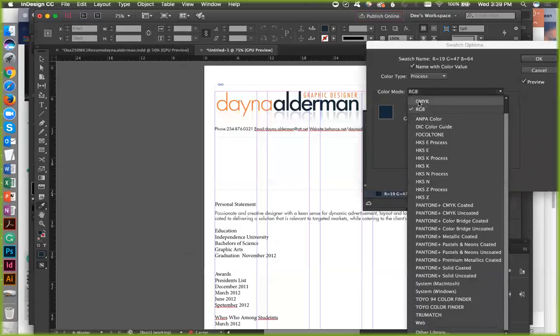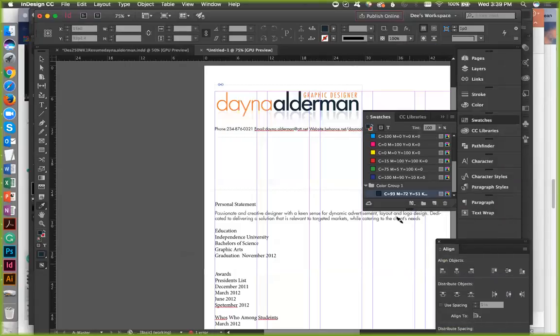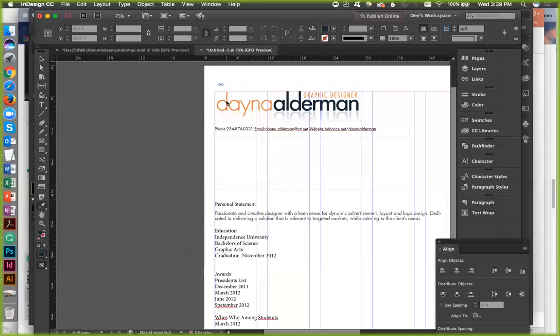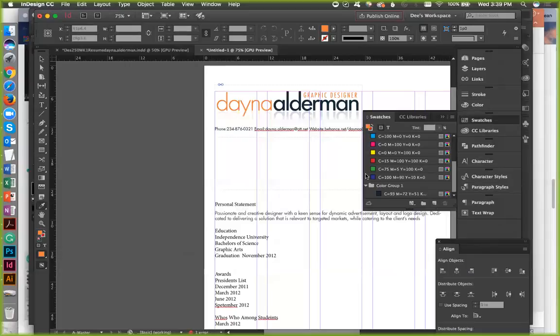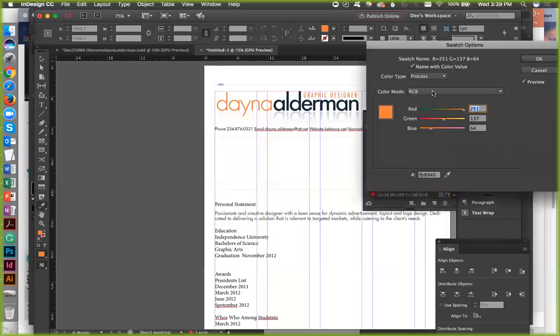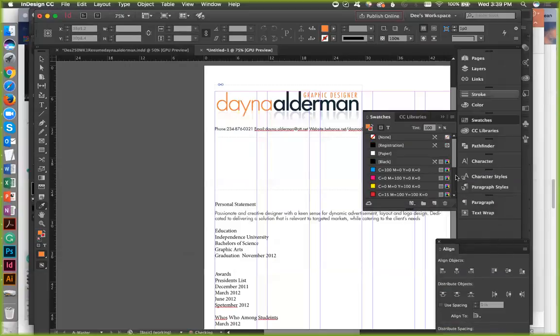I can use RGB or CMYK, but if I was going to print this, I definitely need to make sure those were the right CMYK values, should I say. I'll double click, and I'm going to use CMYK. So I'm pretty happy with that.